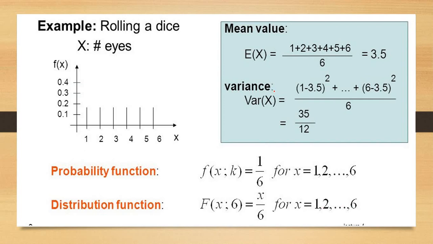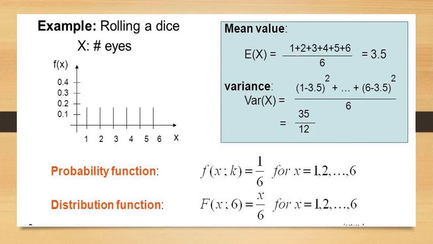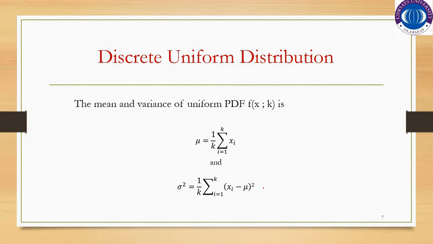And the mean and the variance of the discrete uniform distribution: as we know, the mean is the sum of all possible values divided by the total number of values. All possible values of the random variable are 1 plus 2 plus 3 plus 4 plus 5 plus 6, as there are 1 to 6 possible outcomes in rolling a die. The total number of outcomes is 6. So the mean is 3.5, and the variance is